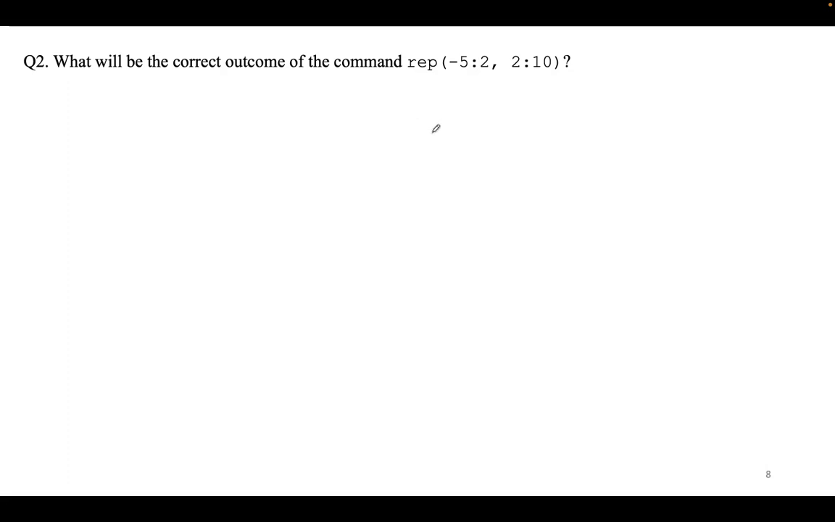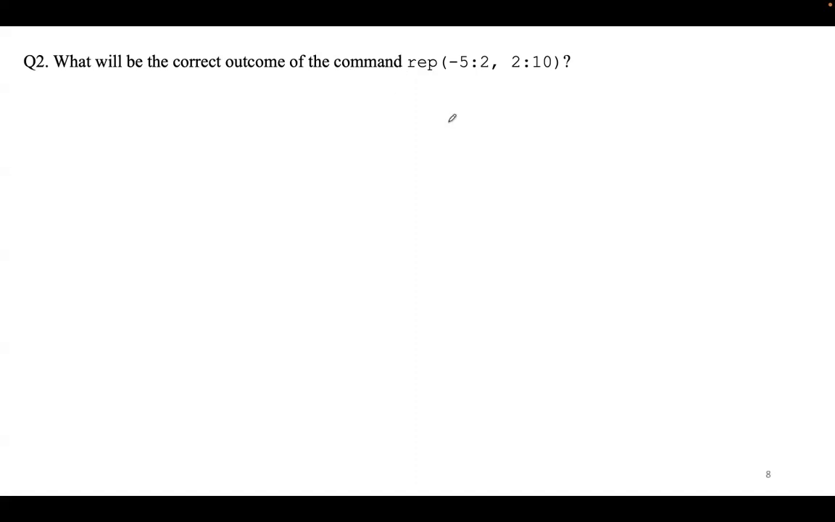Remember how this works? The first element will repeat twice. The next element will repeat thrice, and it continues. Now, although you will not have subjective questions in your exam as such,